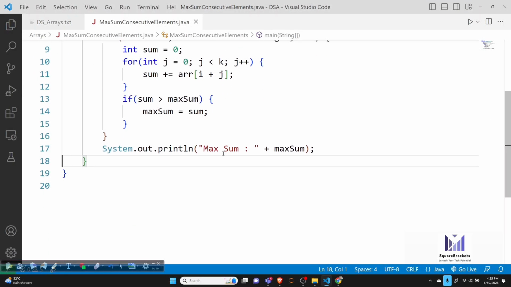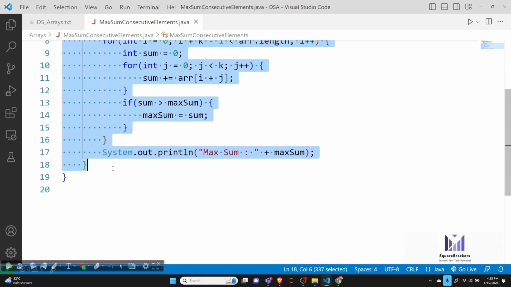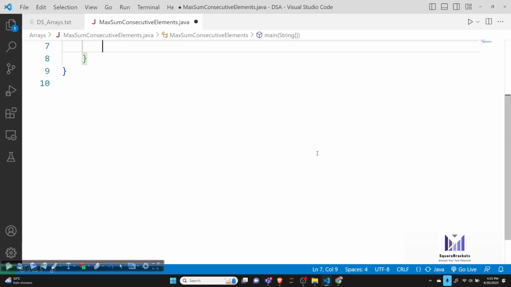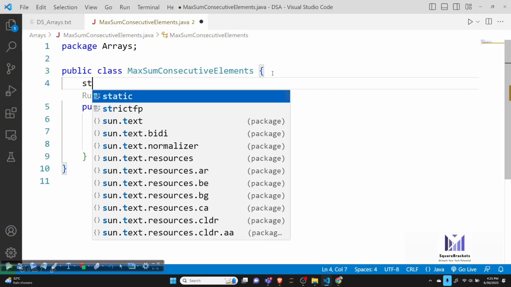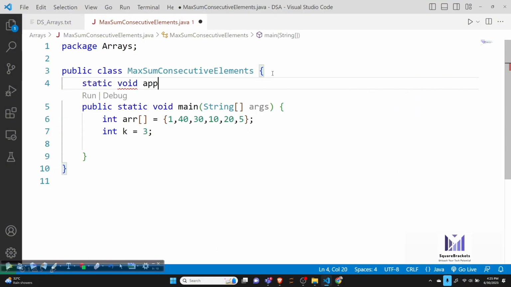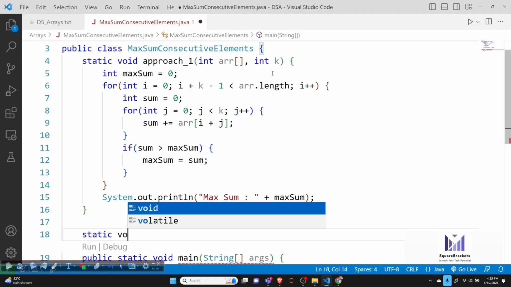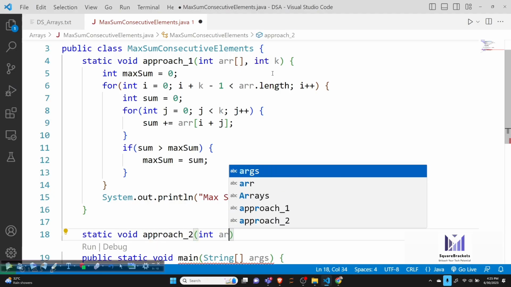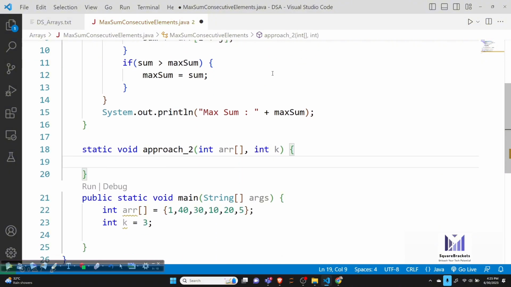This is how we have to solve this question using the window sliding technique. All right. So let's go and write one solution. So this was the first solution. This is approach number 1, where you have two things. One is the array and one is the k variable. Now we have approach number 2. Again, we'll be having the array and the k variable. All right. Now in this second approach,